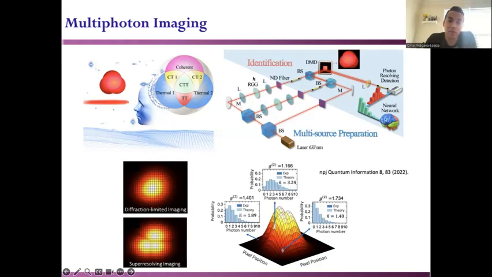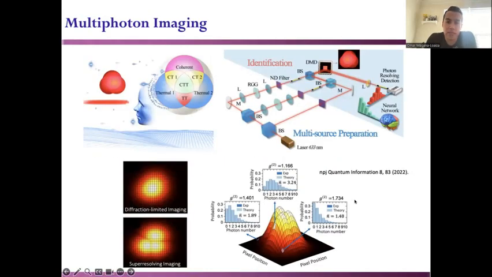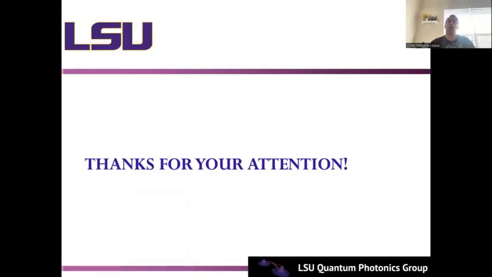And these ideas have also been used, for example, to create photon number resolving cameras. These are cameras in which you can measure the photon statistics at each individual pixel and use these photon statistics to identify the source that you have at that particular point. Well, with that, I think I gave you a quick overview of the field, and thanks for your attention.